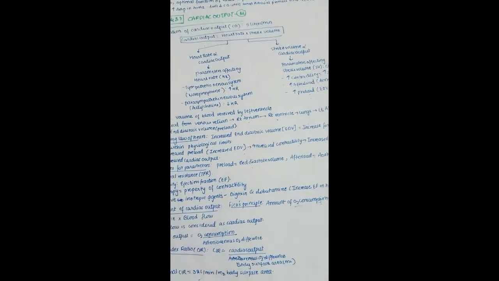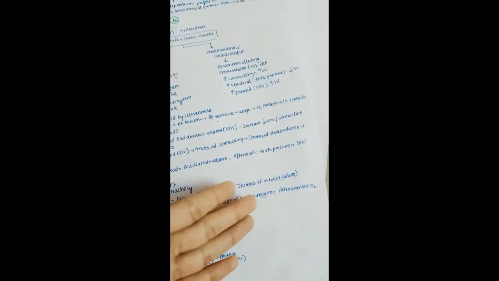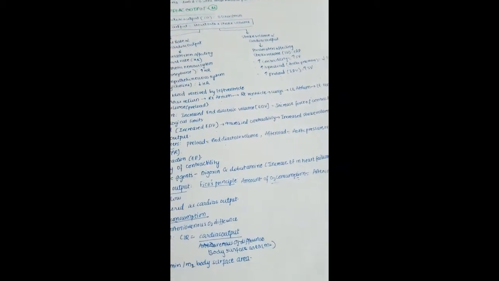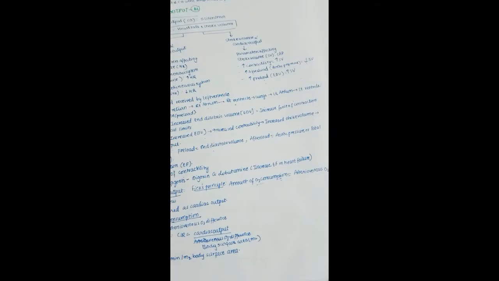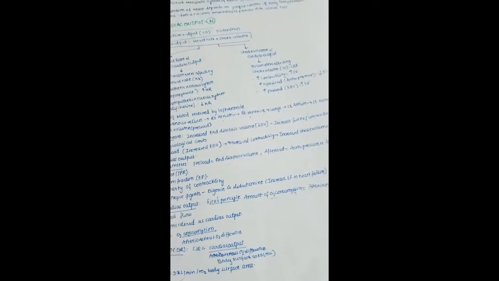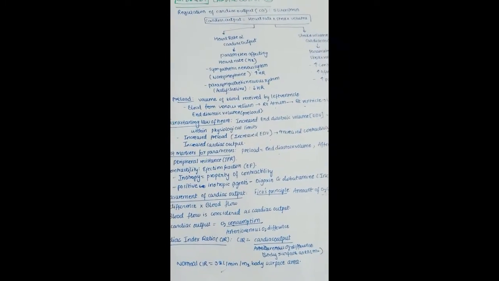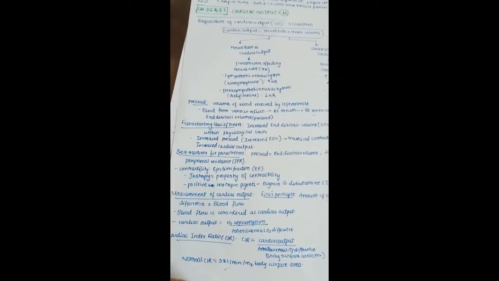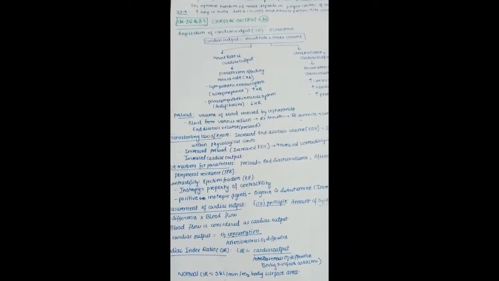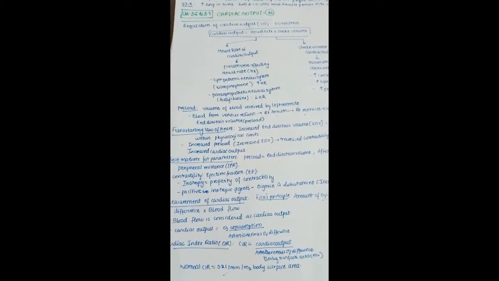So let us see what the best markers are for these different parameters. For the preload, you can say, that is end diastolic volume, and for afterload our parameter is of course aortic pressure, or we can also say total peripheral resistance. Total peripheral resistance means the same opposing pressure which is present in all peripheral tissues or peripheral blood vessels. And for contractility, of course, ejection fraction, because how much blood is ejected by our ventricle, mainly our left ventricle, into the aorta, right?